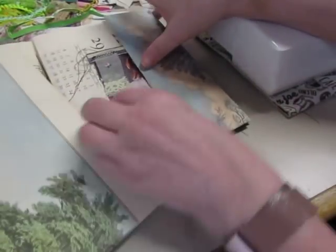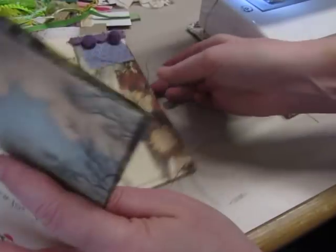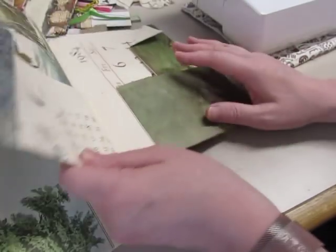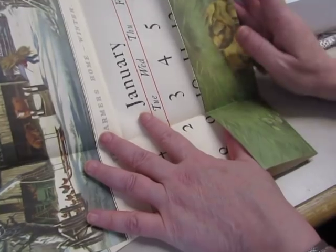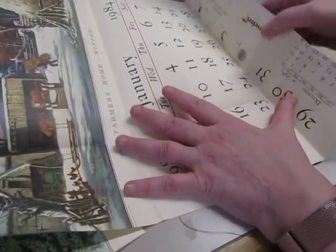I've got them folded, and I will show you how I folded them. Just want to get rid of all the excess elements. This is the completed page. So here is the Currier and Ives calendar page. If you can find these at a flea market or a yard sale, I got